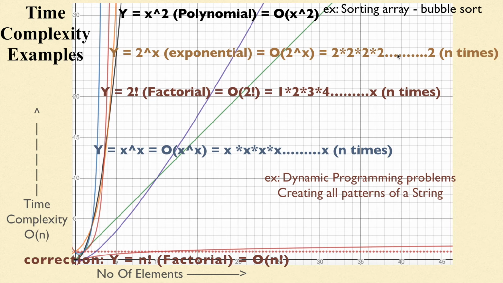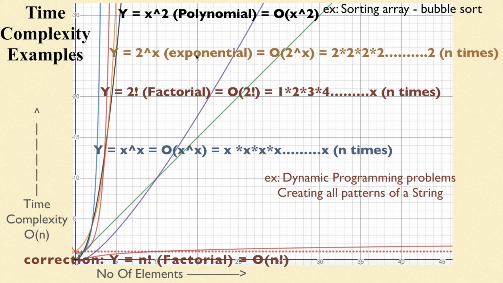So if you look at these three complexities, then this is the minimum, because every time 2 is getting multiplied. Then if you compare this to this, see over here 3, 4, 5, 6 are getting multiplied, so this is bigger time complexity. And if it is x raised to power x, then it is more than anything else. So that's why this graph is coming over here. This is the highest time complexity.